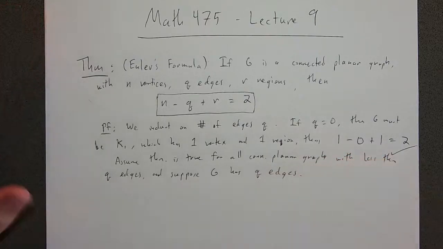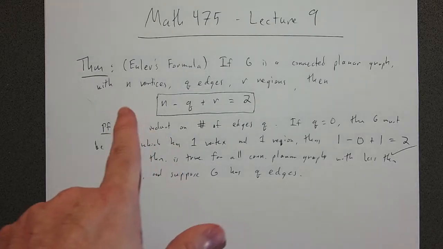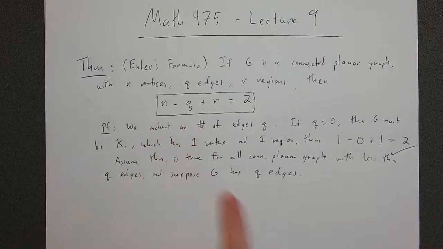Now we want to show that if G has Q edges, N vertices, and R regions, that this is true, even for G. But right now, by the inductive step, we're only assuming that it's true for every graph with less than